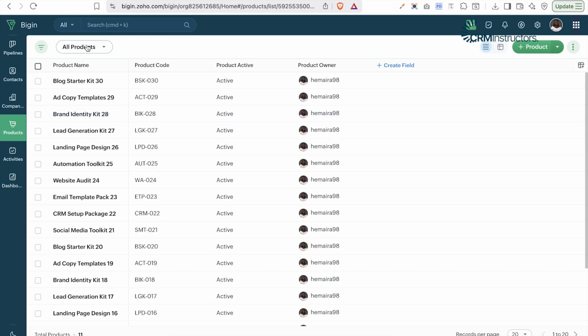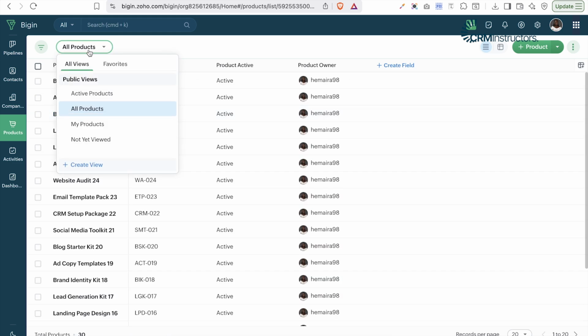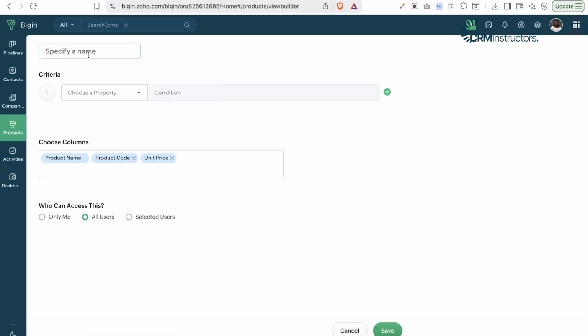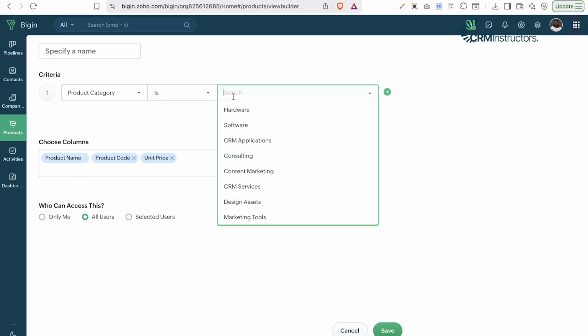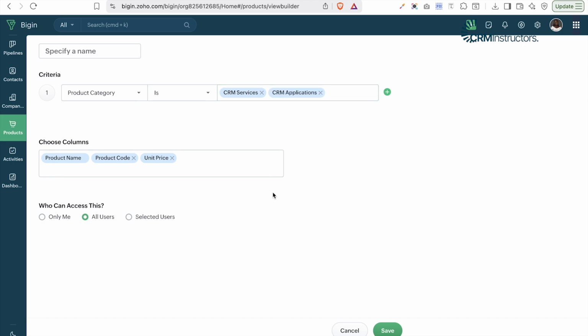Remember that you can also create a custom view for products. You can check in products that belong to a particular owner, or products that have a particular tag, or products that are in a particular category. So maybe we want to check in products that are in CRM services, everything that has to do with CRM, then we can add that